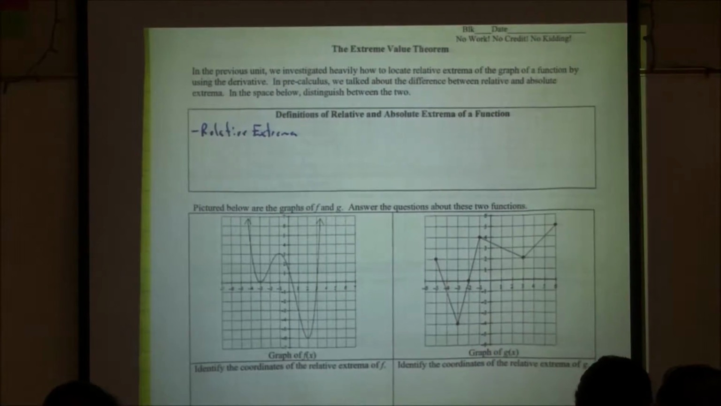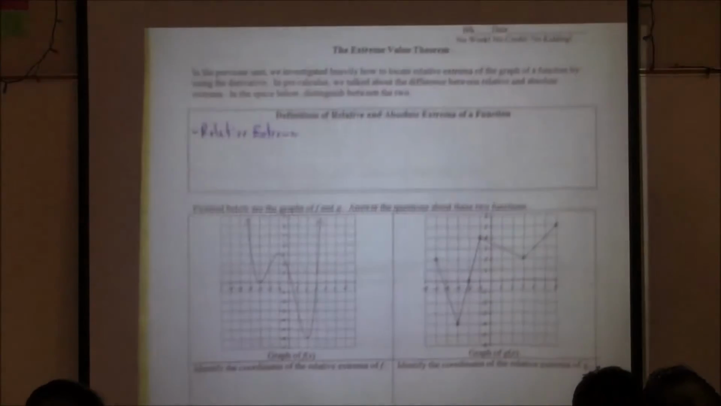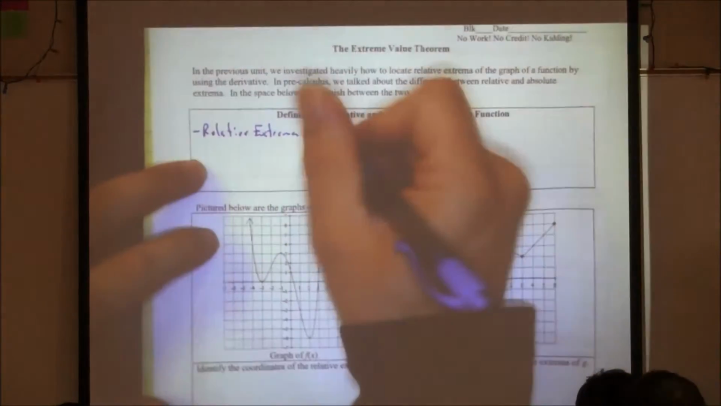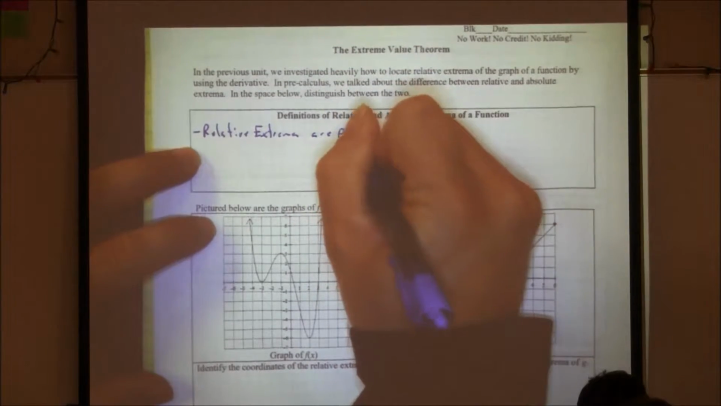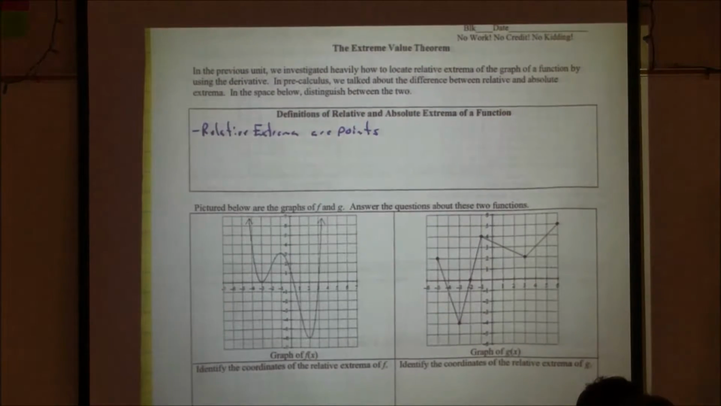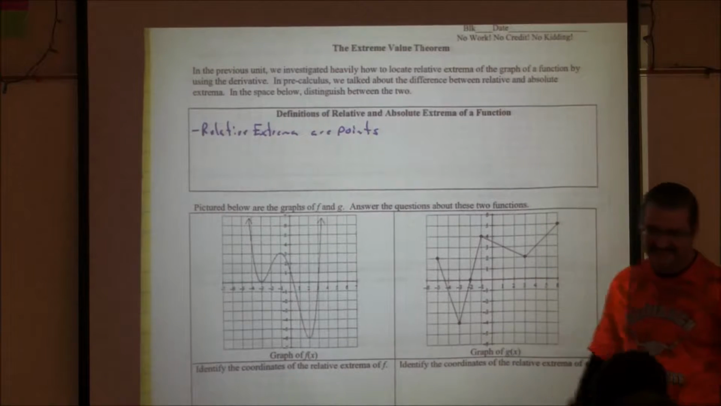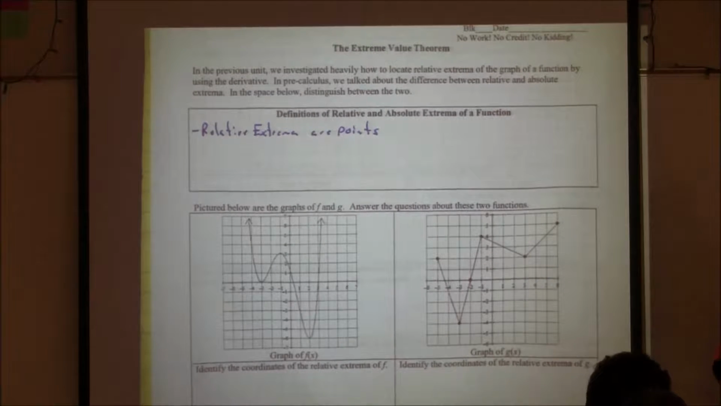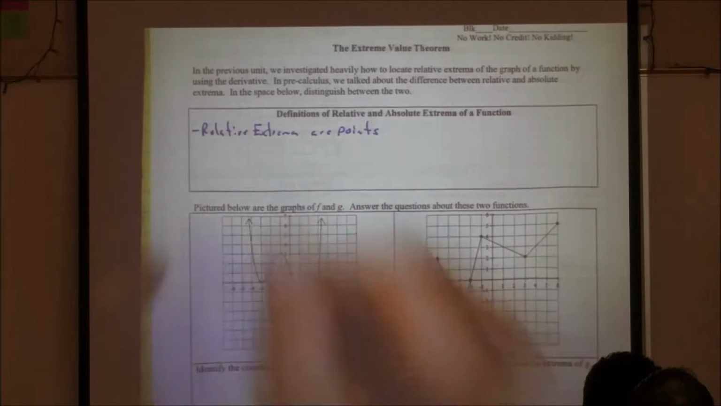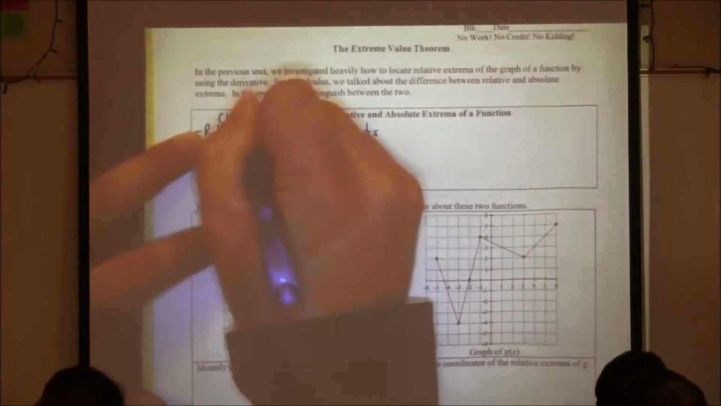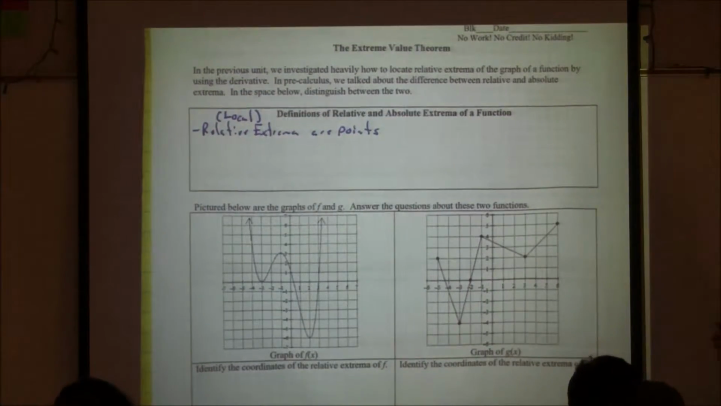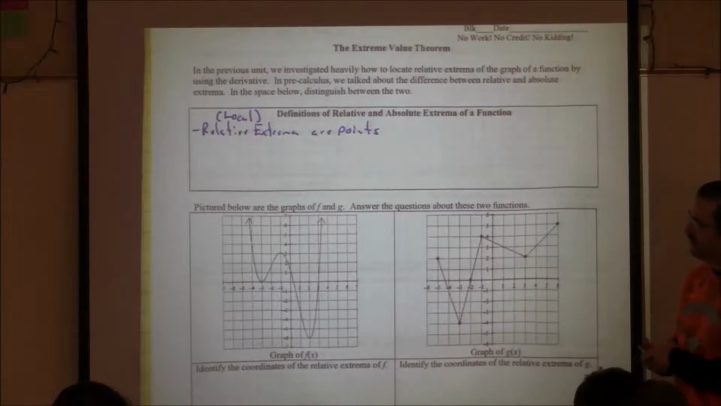How do I know I have relative extrema? What are those? I'll get you started. Relative extrema are points. Relative extrema. What's another word for relative? Local. They could use the word local on the AP test. Don't freak out. Relative extrema are points on the graph